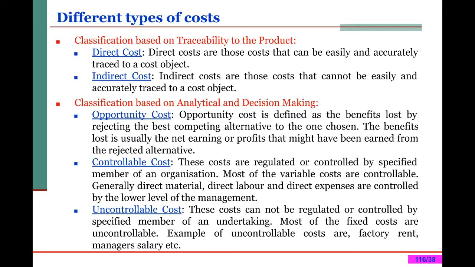Uncontrollable cost. These costs cannot be regulated or controlled by a specified member of an undertaking. Most of the fixed costs are uncontrollable. Examples of uncontrollable costs are factory rent,